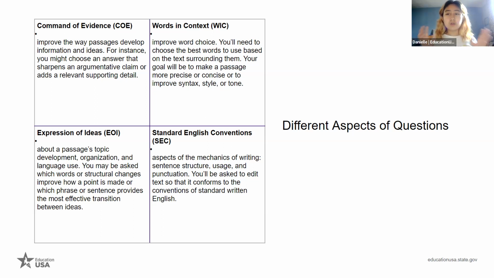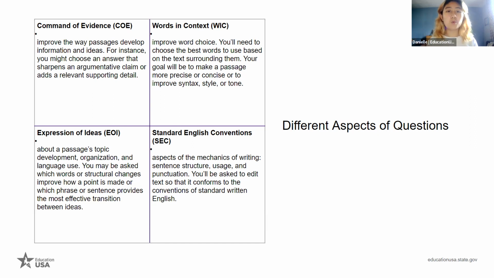So how do these questions fit into each one of these categories? The first one, command of evidence. In this section, for writing and language, you might be asked to improve the way passages develop information and ideas. For instance, you might choose an answer that sharpens an argumentative claim or adds a relevant supporting detail. This will usually be worded along the lines of, pick the supporting detail that fits into this passage. Similar to that, not my words, of course, but that is the general idea of the command of evidence kind